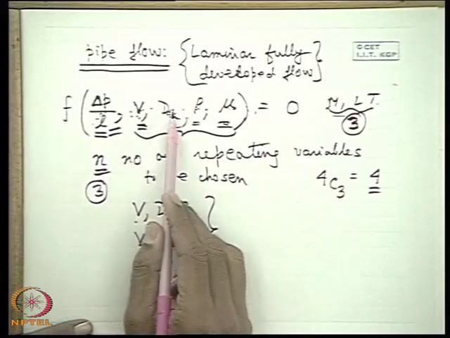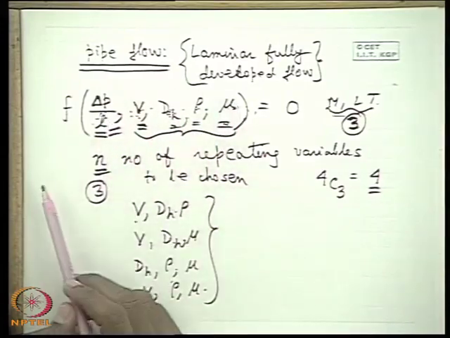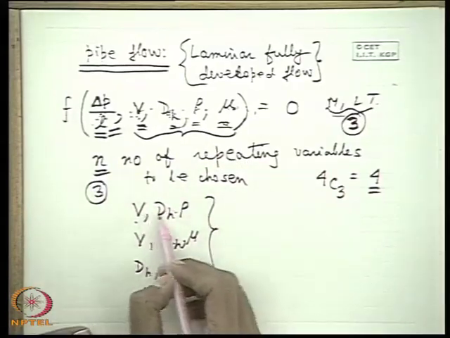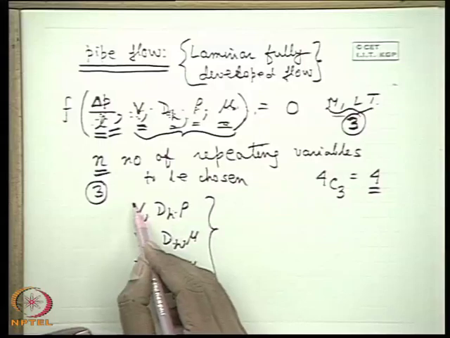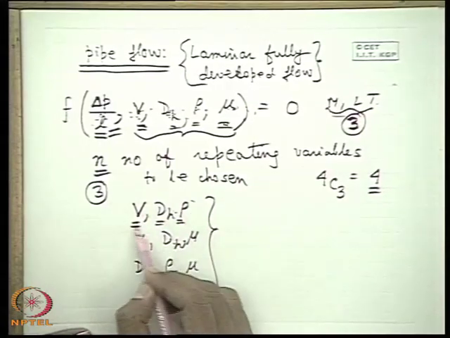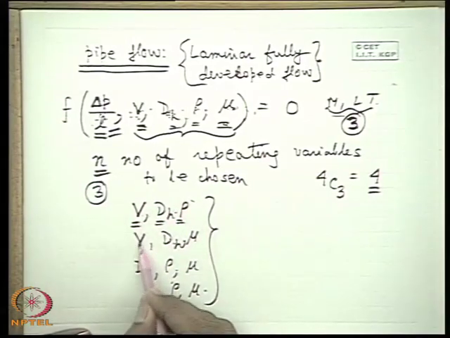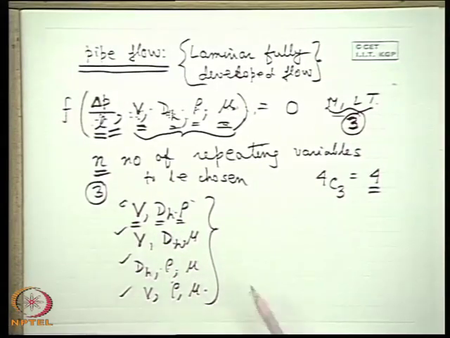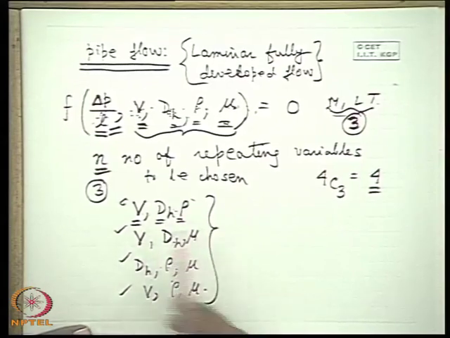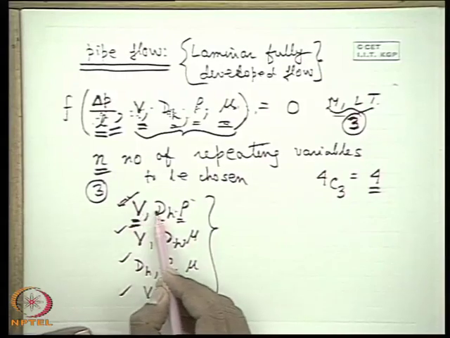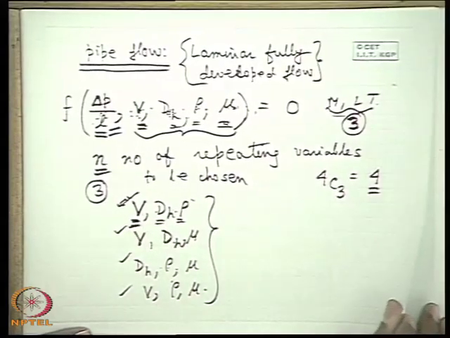Repeating variables should be chosen from the input parameters, excluding the output or performance parameter, and the repeating variables should contain all the fundamental dimensions, not in a single one but collectively. That means if I choose V, dH, rho, all the fundamental dimensions are there. If I choose V, dH, mu, all the fundamental dimensions are there too. Here probably in every choice of repeating variables, all 3 fundamental dimensions are present, so we are a little bit misled. Okay, let us see, I will explain, there is no misleading thing, but let us first try with V, dH, rho as the independent parameters.